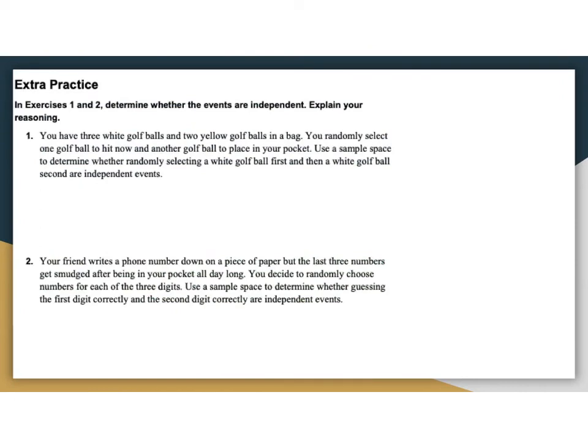In this example, number 1, you have 3 white golf balls and 2 yellow golf balls in a bag. You randomly select one golf ball to hit now and another one to place in your pocket. Use a sample space to determine whether randomly selecting a white golf ball first and then a white golf ball second are independent events. These are independent events because it does not say that you don't place the ball back into the bag. So if you have an equal chance of pulling a white golf ball out each time, that is an independent